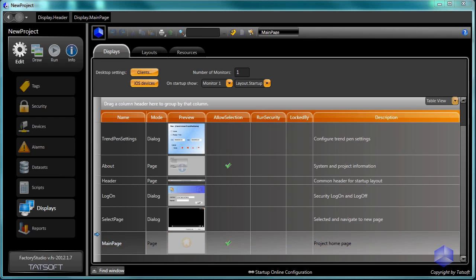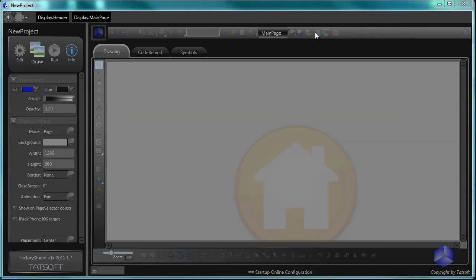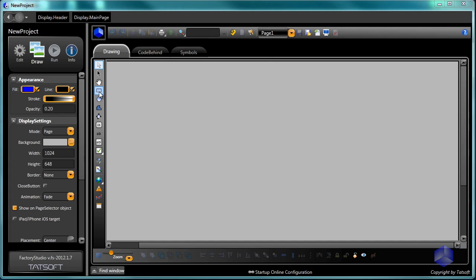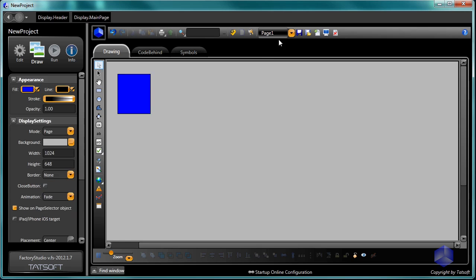Although we will cover creating displays and animations to use in the displays in a later video, I will demonstrate how to delete a display from your project. So let me create a new display. I click on Draw, and we'll close this page and open a new page. We'll cover using FactoryStudio with iPhones and iPads later on, so we'll just skip this for now. Click on OK, and now we're in our new page. And I'll just put something in here so we see that something has been added to the display and save it as page 1. Since I'm going to delete this page, I can't have it open in the editor when I delete it. So I'll go ahead and create a new display